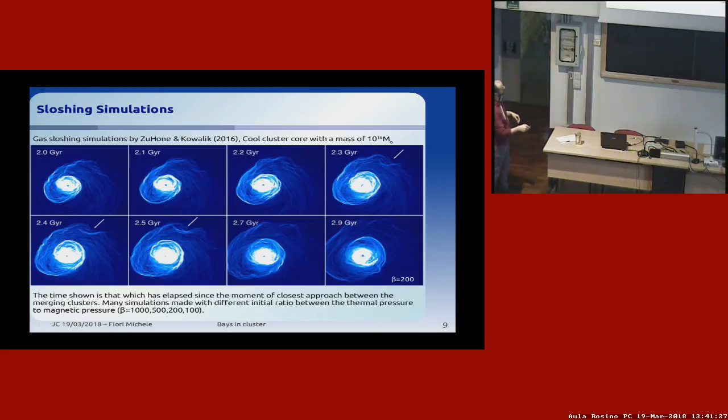In this simulation, the parameter is 200, and they say that if we increase the magnetic energy, there is a suppression of producing this type of structure, because the magnetic field inhibits the instabilities, while decreasing it we see much more concave structure that we are not seeing in the case of the